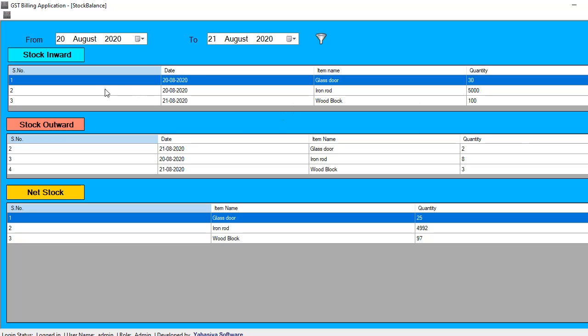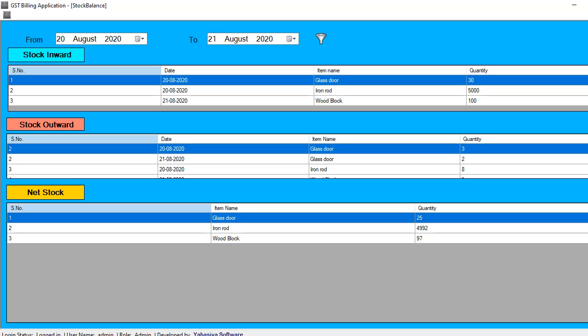You will get your serial numbers, the date on which you bought that item, the item name, and the quantity you bought. Similarly, the stock outward, that is the things that you sold, comes up with a serial number, the date on which you sold, the item you sold and the quantity you sold.